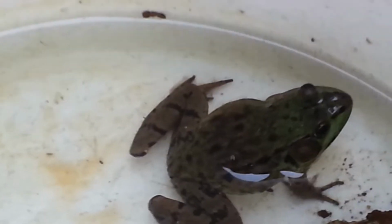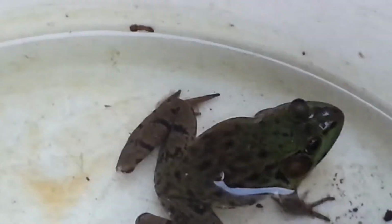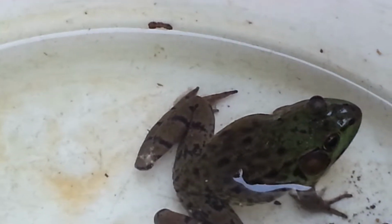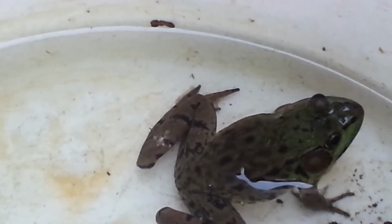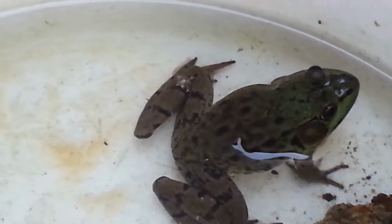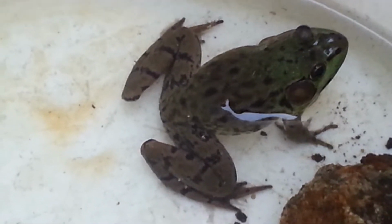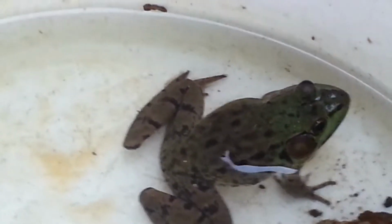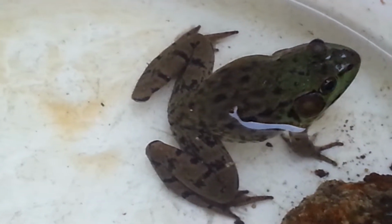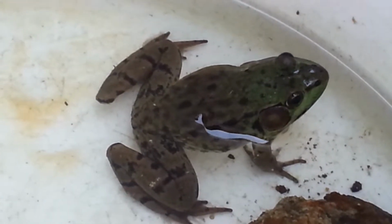So yeah, right now we have a good shot of what I was talking about. So as you can see near the foot, some of the skin is peeling off, like when we have a sunburn. Pretty much the same principle. So this is dead skin. She's replacing it with new one, and really skin is really important for frogs and other amphibians, since they kind of breathe and drink from their